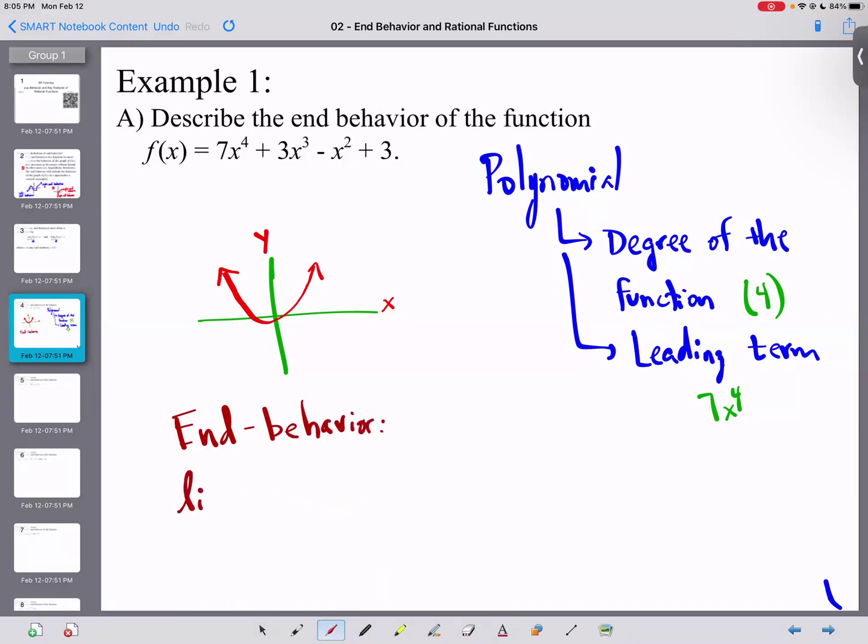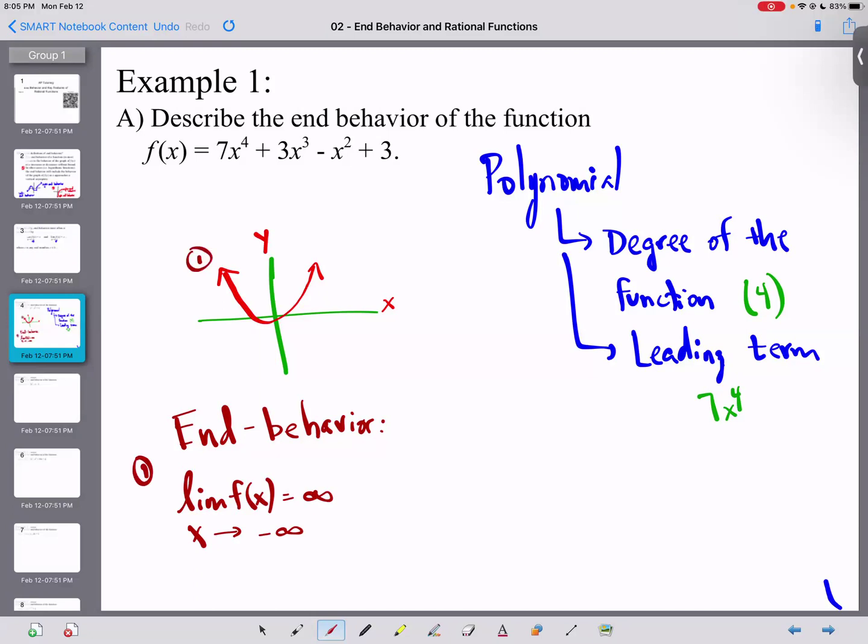You'd say LIM. That means where the function's going. And in particular, we're talking about the y values going up. So positive infinity as x approaches negative infinity. That means as we go left, the function goes up. That would be